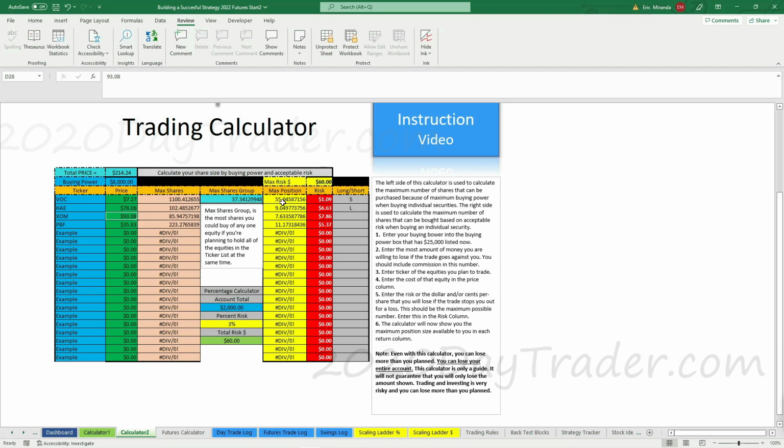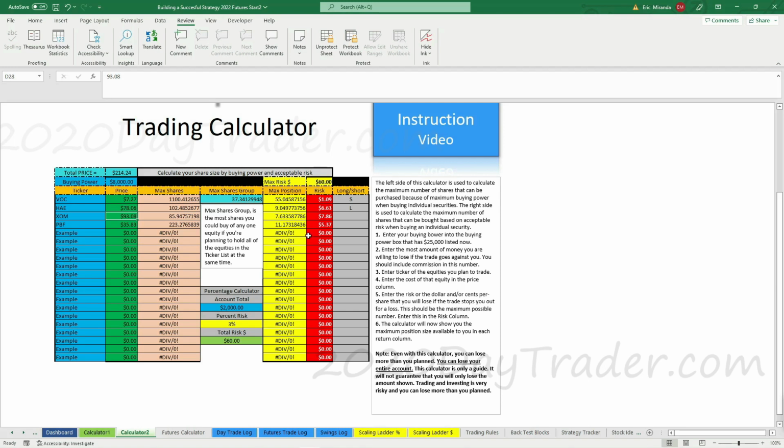If I buy all 4 of these tickers, I can't average more than 37 shares per ticker, or I'm going to exceed my buying power. So what I do is I look at this and say, well, I'm only going to buy 9 of this. How many shares do I have left available that I can roll in at something else? I'm going to buy 7 of this. How many shares do I have left to roll over? 11 of this. How many shares do I have left to roll over? Can I afford to buy the 55 shares even though it exceeds the 37? Yes, I can, because clearly I have enough rollover to buy those 55 shares. That's how I know I can buy all the shares that I need to buy and not exceed my buying power.